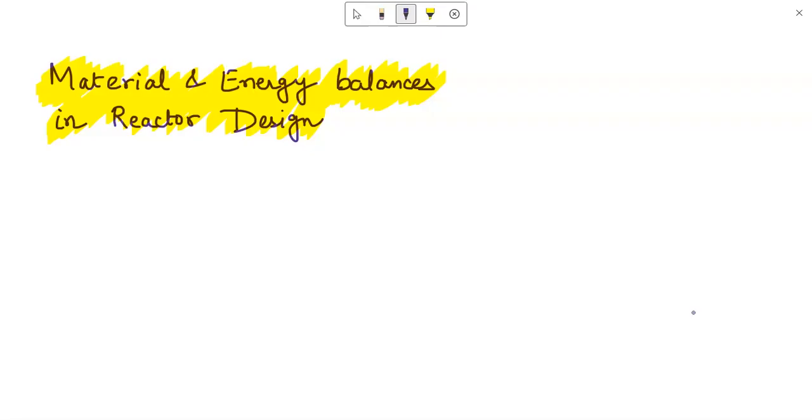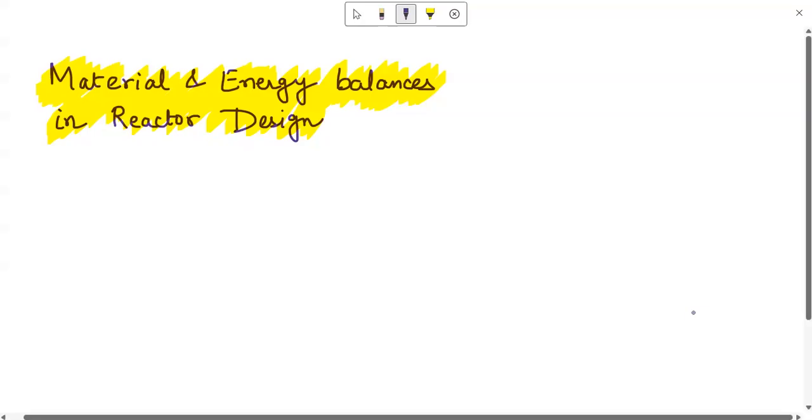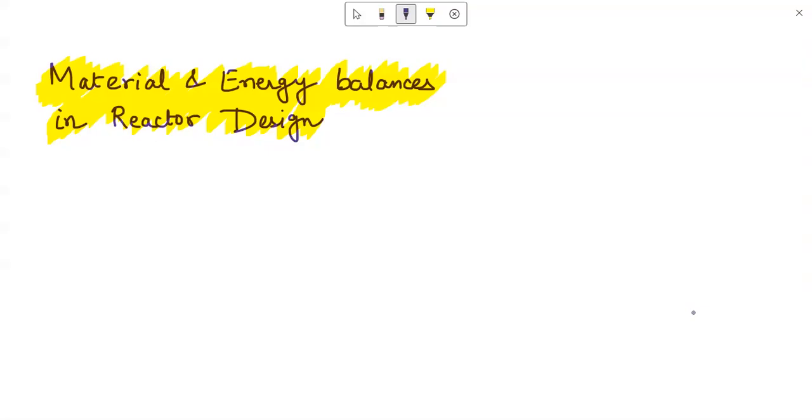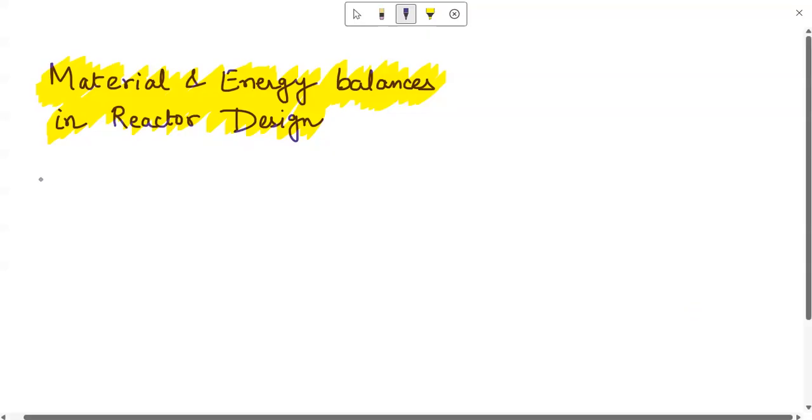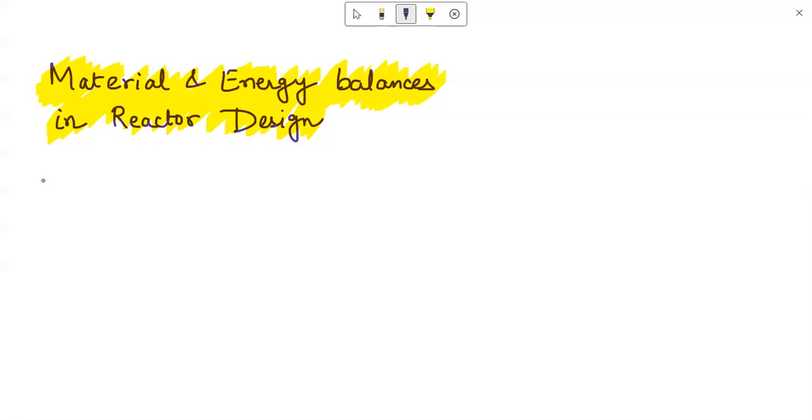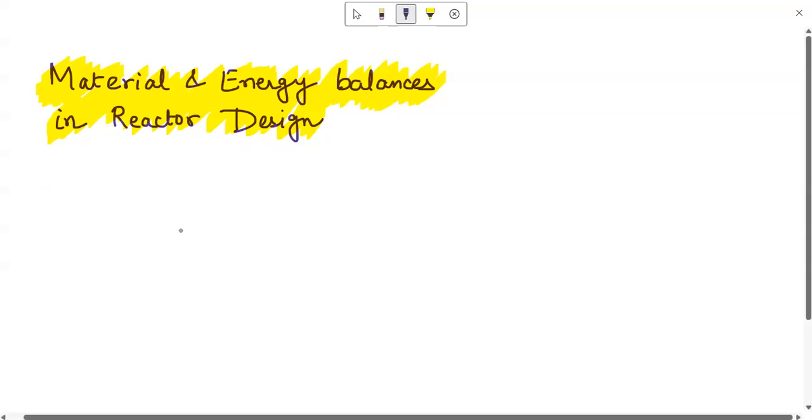So, for the starting point of any design in chemical engineering, we have to obey the law of conservation of a particular factor, either the law of conservation of mass or energy or momentum. Okay, so starting for material balance is the point where you take into consideration the law of conservation of mass. Now, to elaborate on this,